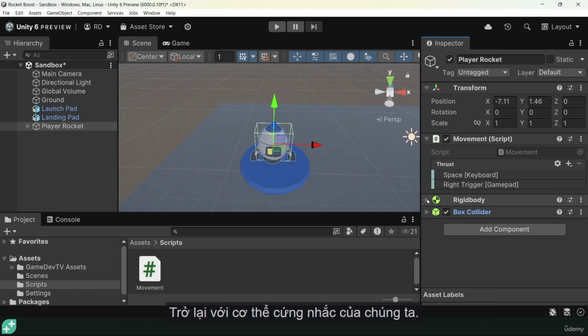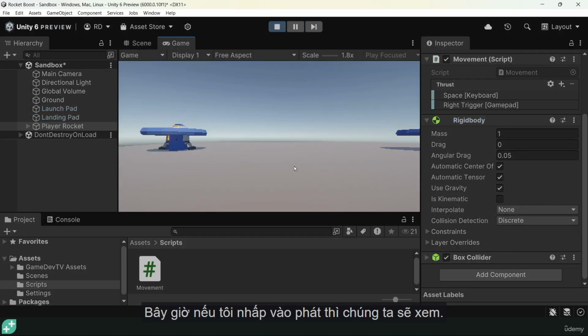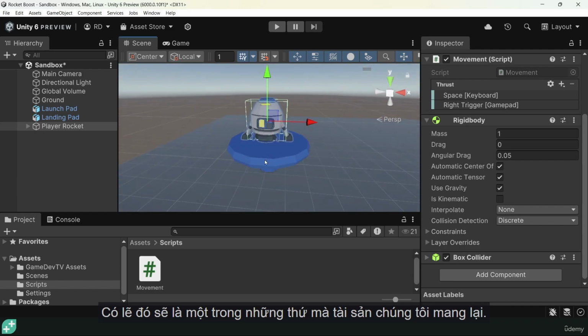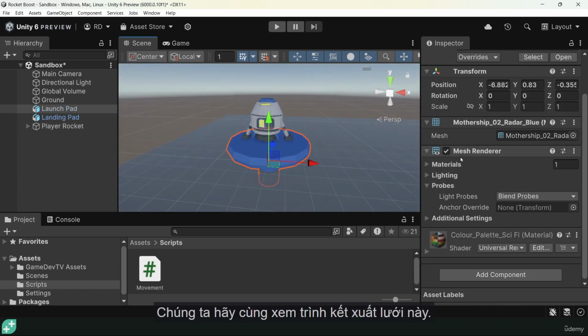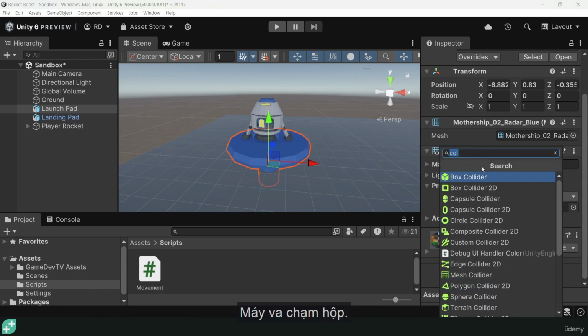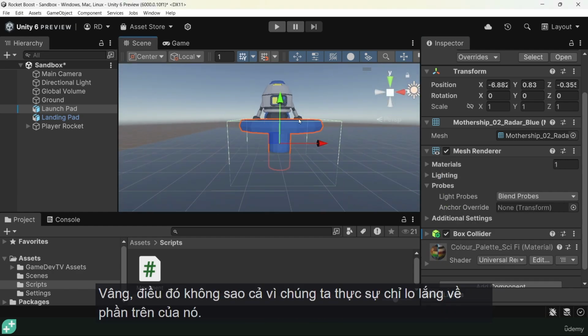Now close that up, back to our rigid body. We've got gravity. Now if I click on play, it drops down to the ground plane because this object we were sitting on doesn't have a collider. That's probably going to be one of the things that the assets we've brought in. Let's have a look at this mesh renderer. It doesn't have a collider, so let's put a collider on that quickly as well, just to be thorough. Box collider, that should be fine, because we're really only worried about the top of it, maybe